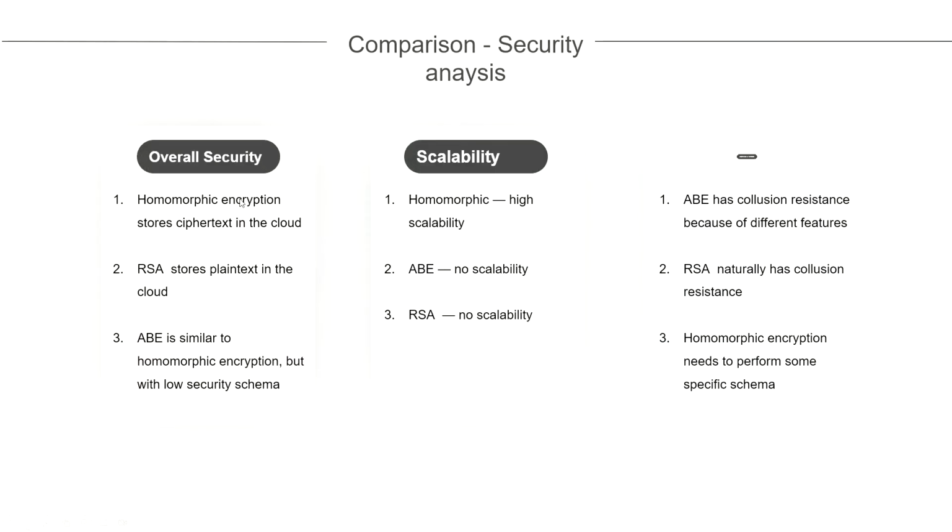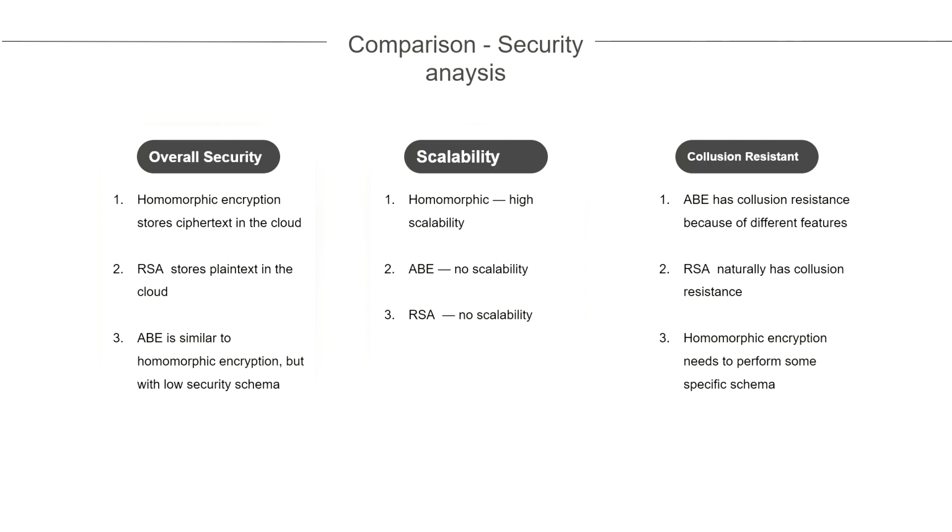Here comes the comparison part. Even though all three algorithms are used in different cases, they provide different levels of security. Homomorphic encryption has the highest level of security among them, since the data stored in the cloud is ciphertext. There is also evidence that homomorphic encryption systems are used to perform operations on encrypted data without knowing the private key. Things are conversely so in the RSA case. Users are the ones who own the private key to decrypt the data. This means that the data is encrypted in the cloud and stored in plaintext form.